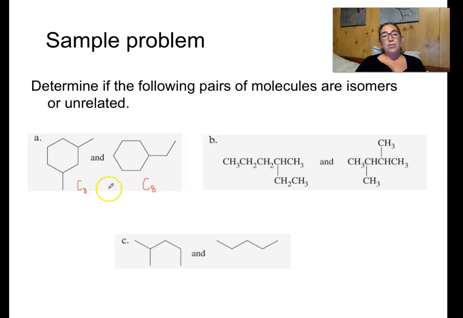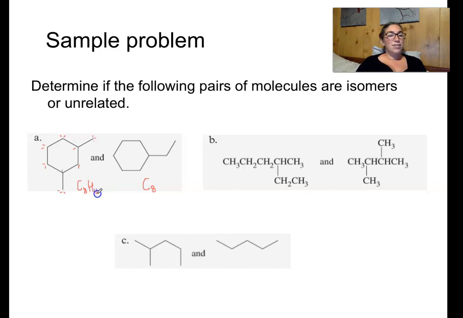Well, they have the same number of carbons, so they have the same number of hydrogens. I'm going to just sort of draw little lines to show where those invisible hydrogens are. So each of these corner ones has 2 invisible hydrogens, and each of these ends has 3 invisible hydrogens, and these intersections here, these branch points, have 1 invisible hydrogen. So I've got 2, 4, 6, 8, 10 plus 6, so that's 16 hydrogens,